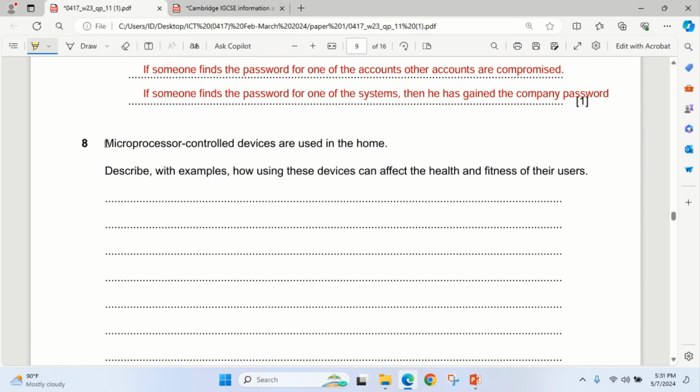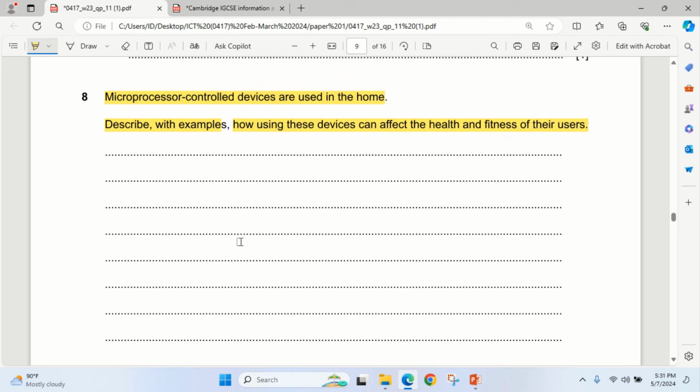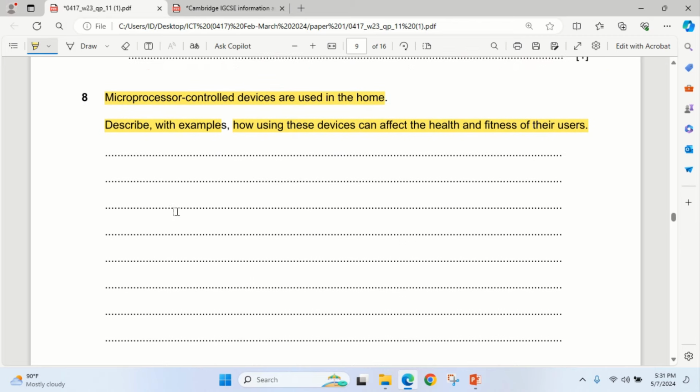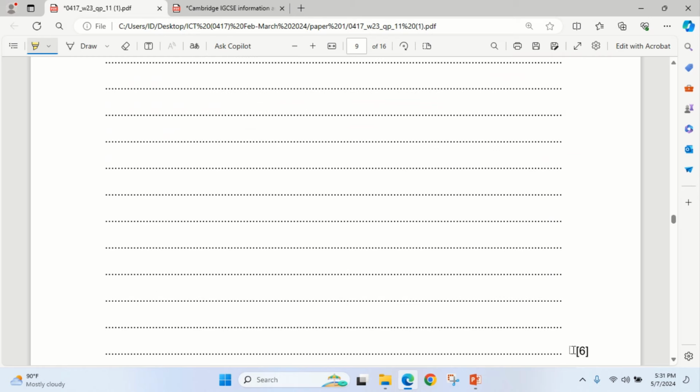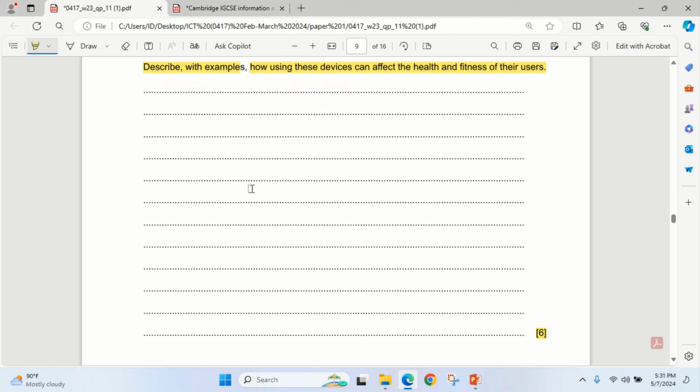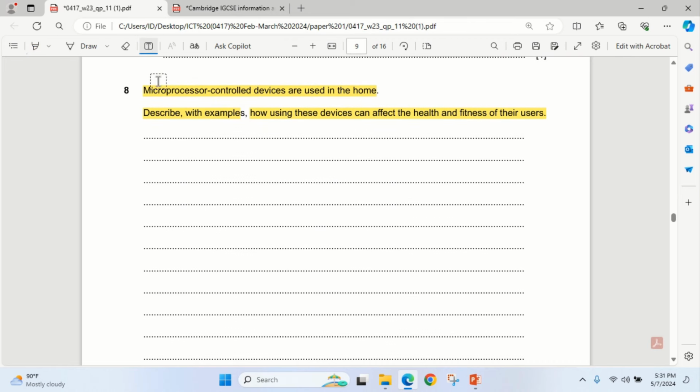Microprocessor control devices are used in the home. Describe with examples how using these devices can affect the health and fitness of their users. So as you are describing, you'll be given an example when you see this kind of question, and this is a 6 marks question. So when answering it, you need to be careful so that you can earn the full mark. So you can start by saying that